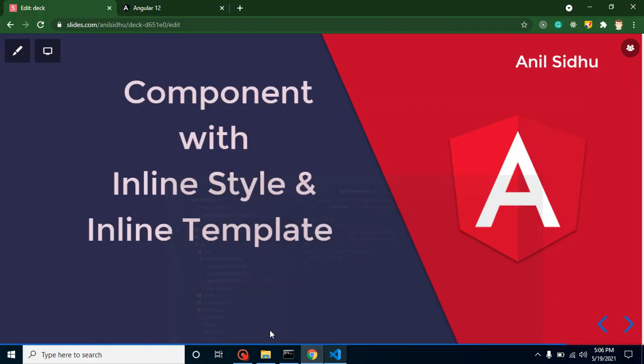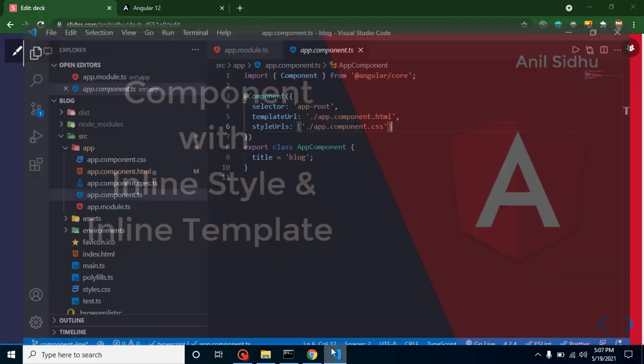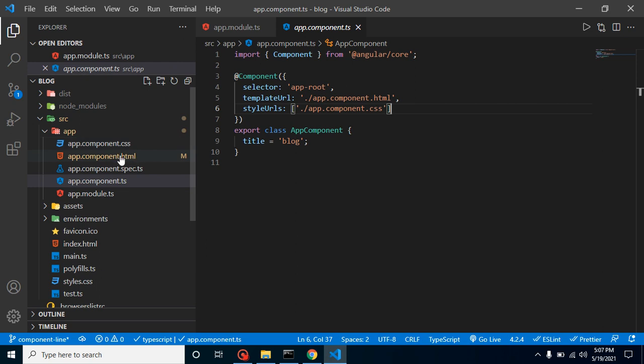Similar case with the template. So let's say we want to create an inline template. That time we don't have any HTML file. We will have just CSS, spec, and TS file, and HTML will be written directly inline inside our TS file, and there will be no URL for the HTML page, right? And this case is useful whenever we don't have any HTML, or we just have one or two tags of HTML in our component.